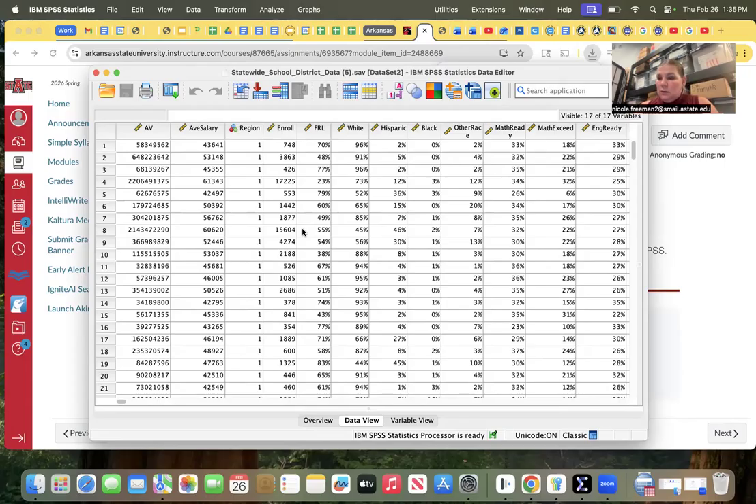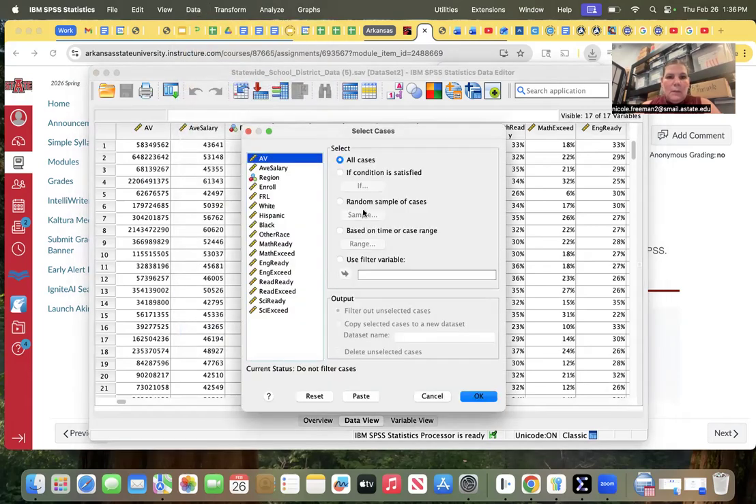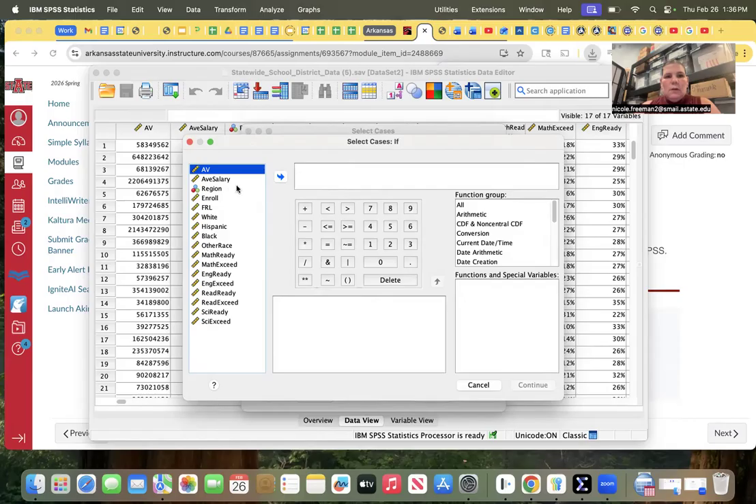We do this by using our data tab and selecting our cases. So data, we're going to select cases. We obviously are going to use our enroll. We're going to change to if then. We're going to click on that, and you can actually do all of them at the same time. So we'll move region over and we'll say region equals 1,